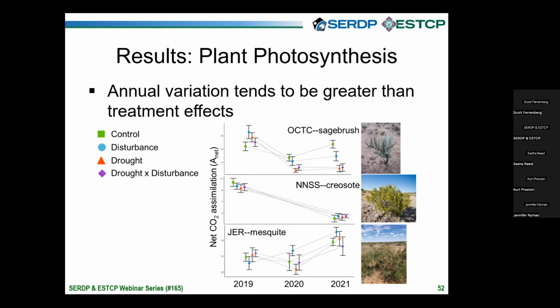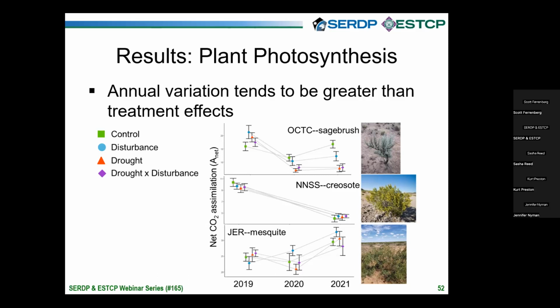And what we're seeing is the effect of background annual climate. Whenever it dries out in these systems, total photosynthetic capture by all the shrubs drops. And so we can really see that in the northernmost site, the Idaho sagebrush site, that 2020 and 2021 are quite dry relative to the start of the experiment in 2019. And we can see that shrubs, regardless of treatment, are capturing less carbon dioxide. We really see it when we get down to the Mojave, and we have a missing year because of a COVID-related travel restriction, but we see the creosote really drops off as it goes into multiple drought years.